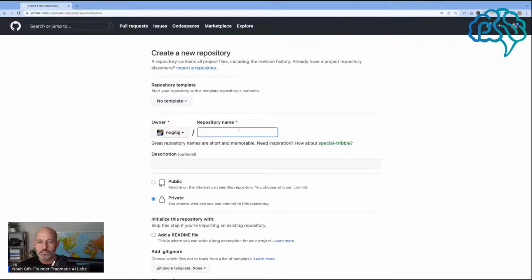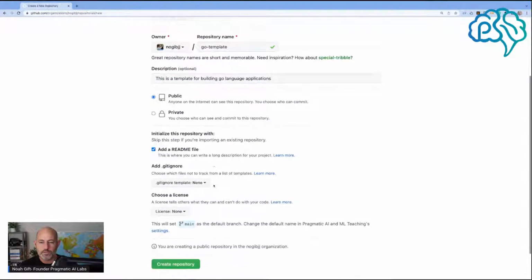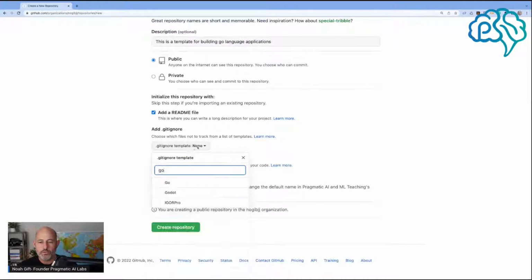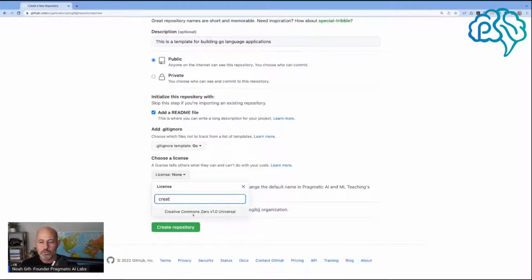and I'll say Go template. And say this is a template for building Go language applications here. And I'll go ahead and do this, and we'll say Go. Like that. Great. All right, so launch this thing,